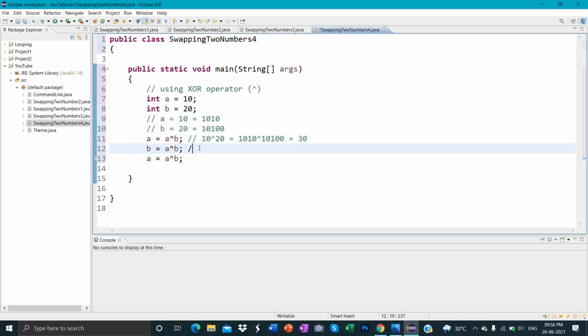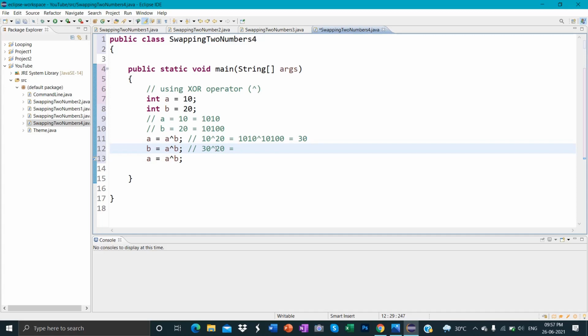Now let's go to the next step. Here b is equal to a XOR b. Here what's the value of a now? It's 30, and b is the same as the initial value, it means 20. So we'll write here 30 XOR 20, which will be equal to, yes, now it's perfect. 30 XOR 20.